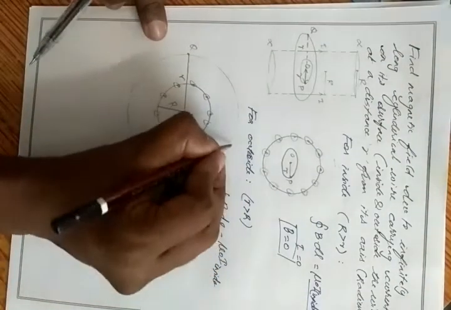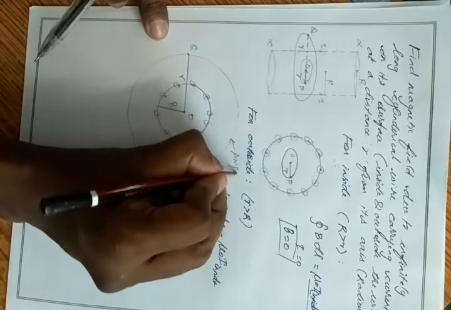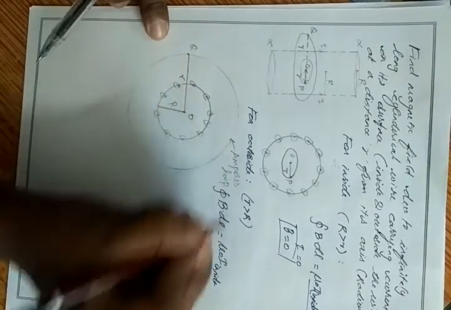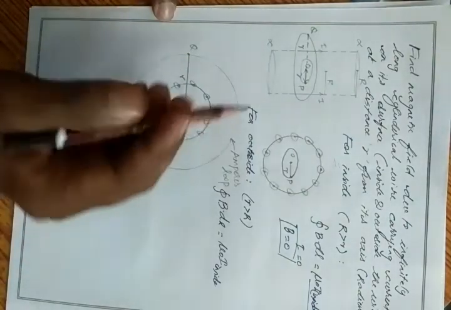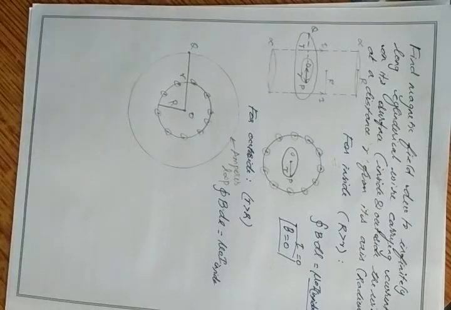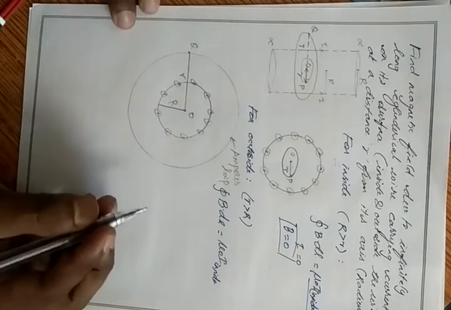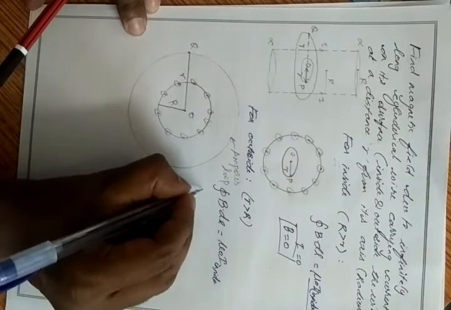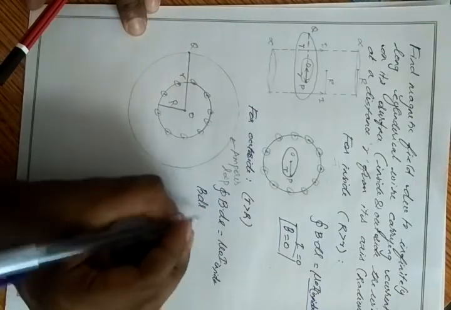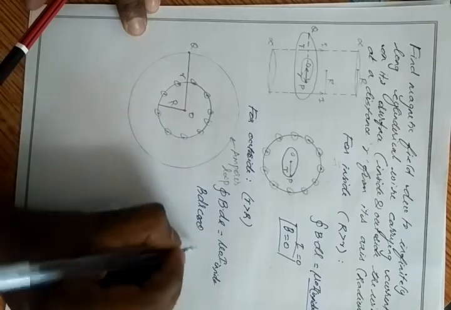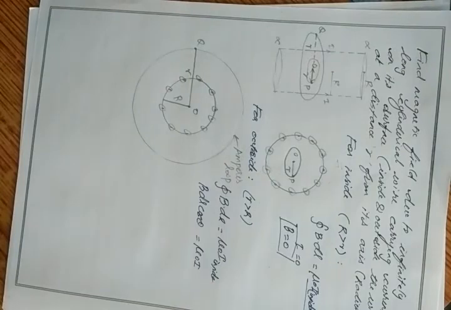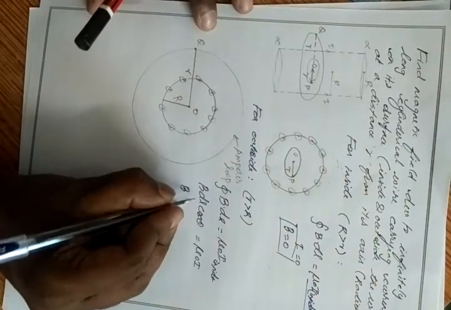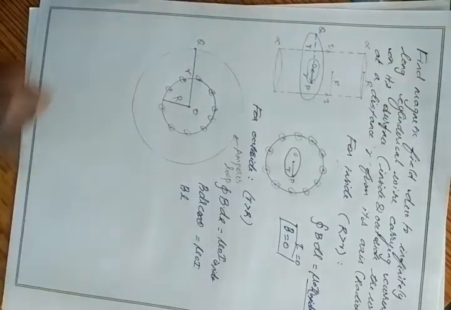So this is my Ampere's loop. Inside the Ampere's loop I get current, I amount of current. So I can apply Ampere circuital law for this loop. To remove the dot product I add cos theta, equal to mu naught I, taking I inside as I amount of current. Then B, we know the integration of dl is L, and theta means the angle between the magnetic field and the length element.